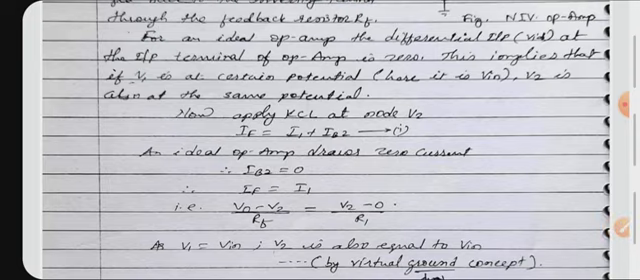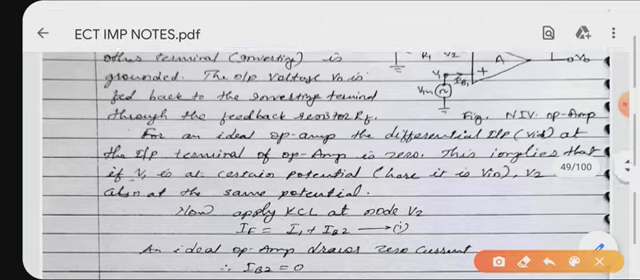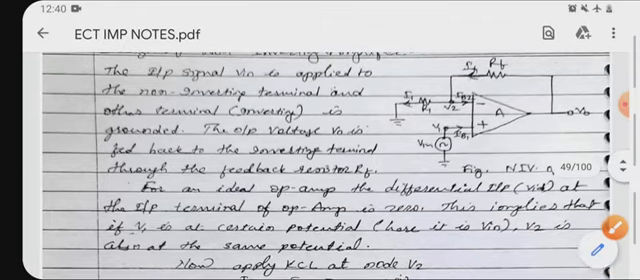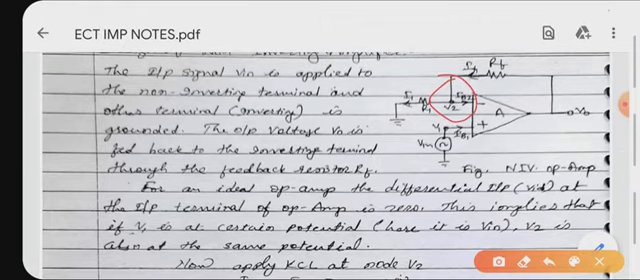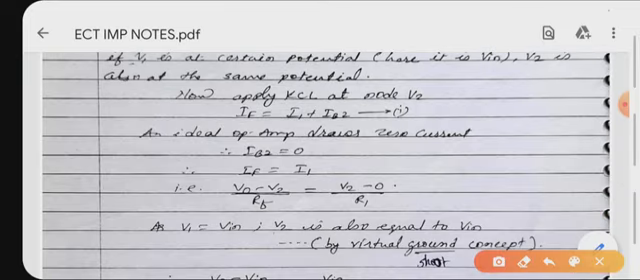The procedure is same again. Apply KCL at node V2. Where is the node V2? You can find out here. Node V2 is here. There are three branches, I1, IB2 and IF. So applying KCL, you will get IF is equal to I1 plus IB2, IB2 is equal to 0, IF is equal to I1. Therefore converting this IF and I1 into voltage form, so IF is the current flowing through